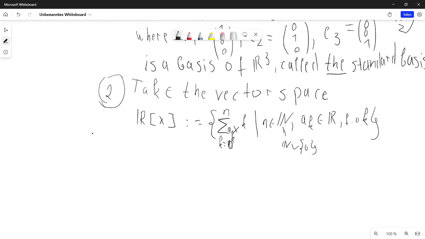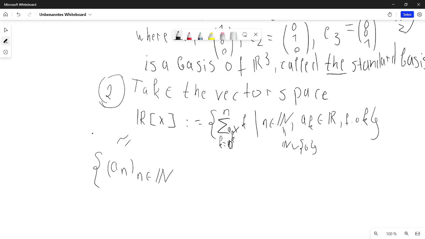I'll tell you how to formalize this. What you can do is take the space R[x], which is actually the same thing as the space of all sequences of real numbers